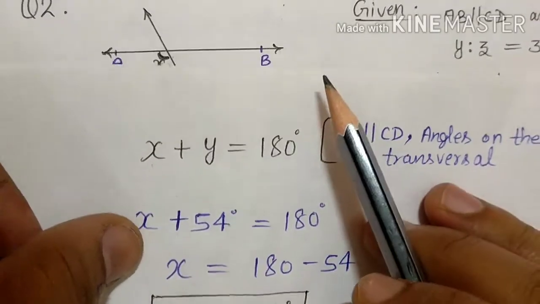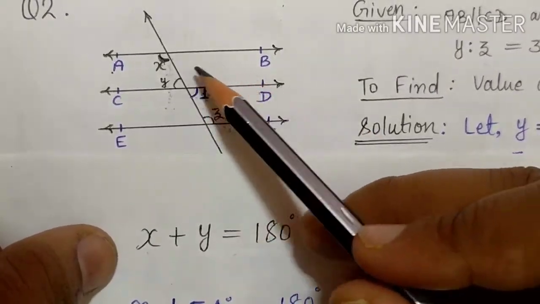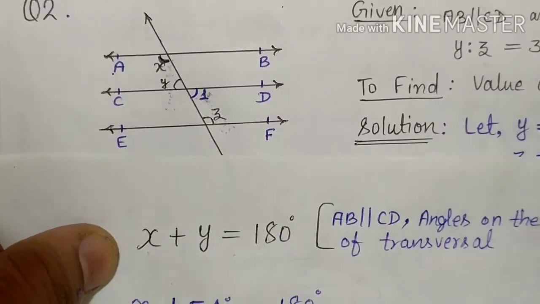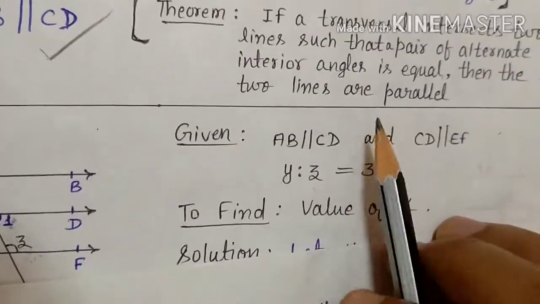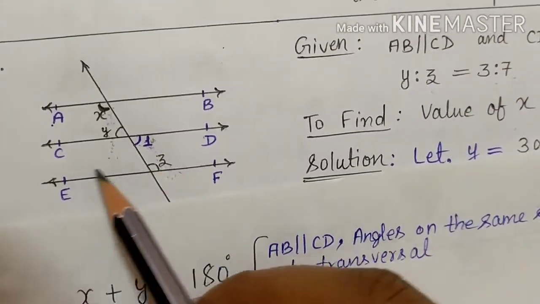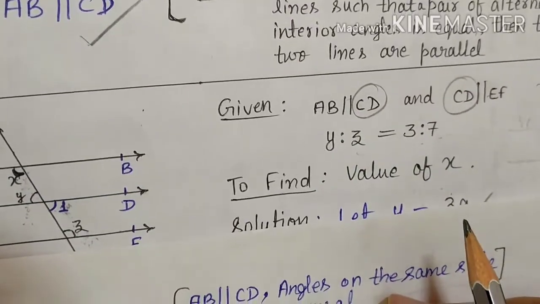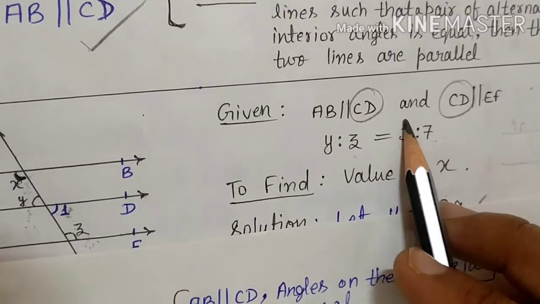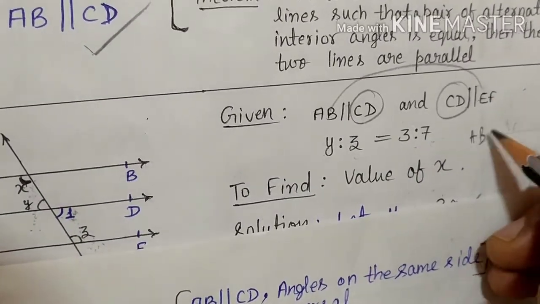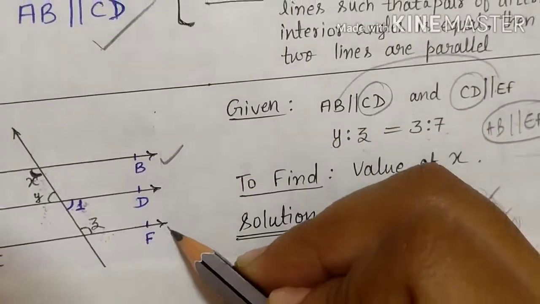And we can find this x value with one theorem also, which we have learned in our previous video at last, the sixth theorem, where we say that if a line AB is parallel to CD and CD is parallel to EF, it is given already, na? This one, AB is parallel to CD and CD is parallel to EF. Now what is common here? See, CD is common here. CD is coming here also, here also. So we have learned that lines which are parallel to the same line or common line are parallel to each other. So in this way we can say that AB is parallel to EF.